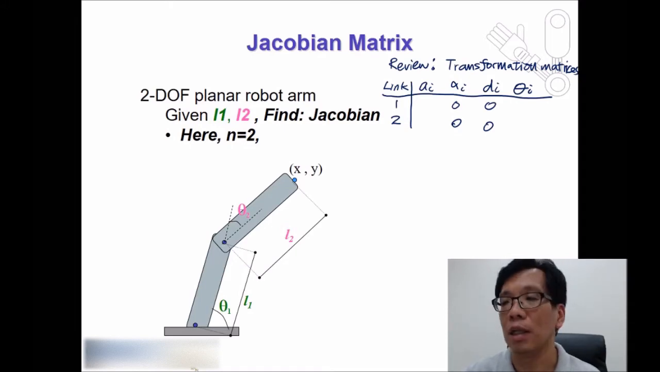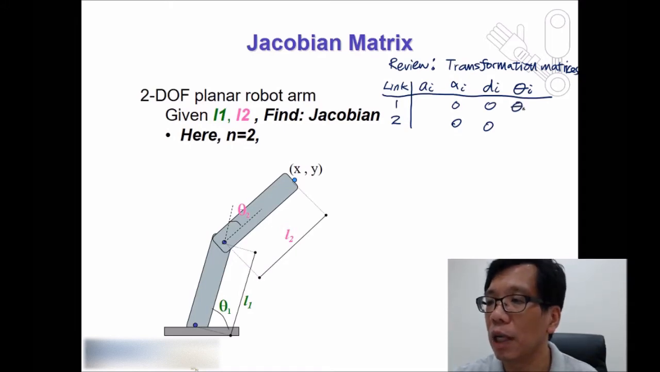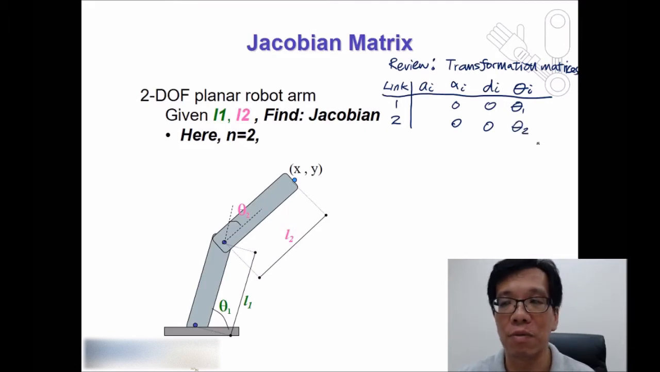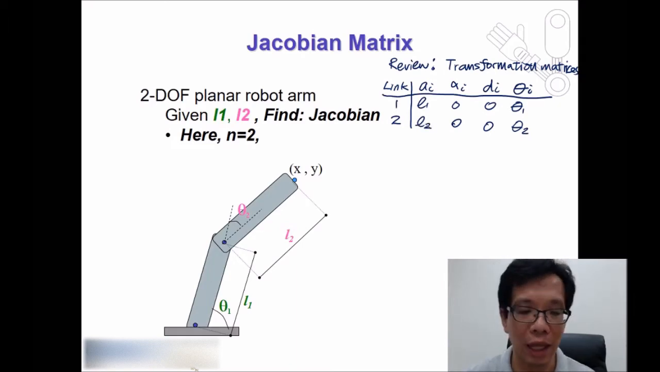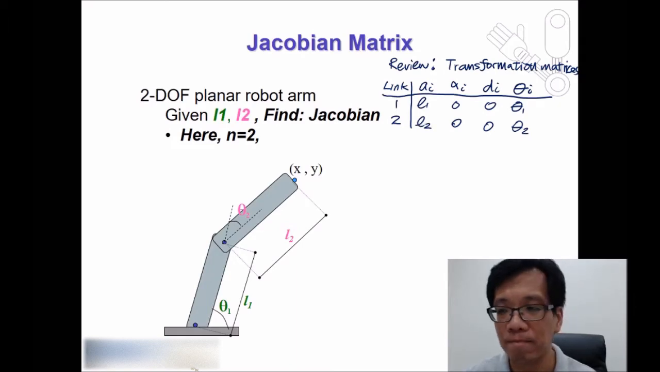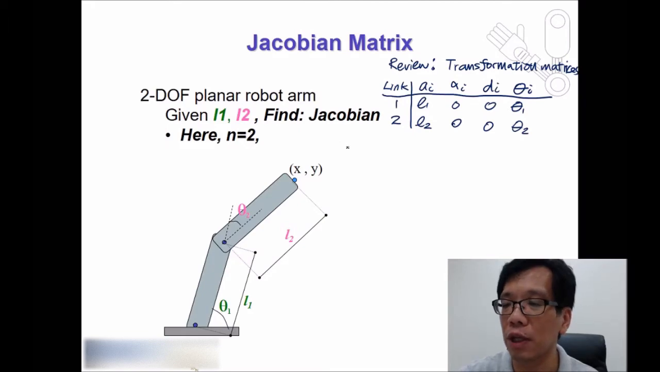But they are rotating about the Z axis, which means theta 1 and theta 2 are both variables over here. And a1, a2: this one is going to be L1, and this one is going to be L2. So those are the coefficients that we're going to use. And when we have those coefficients, we can get